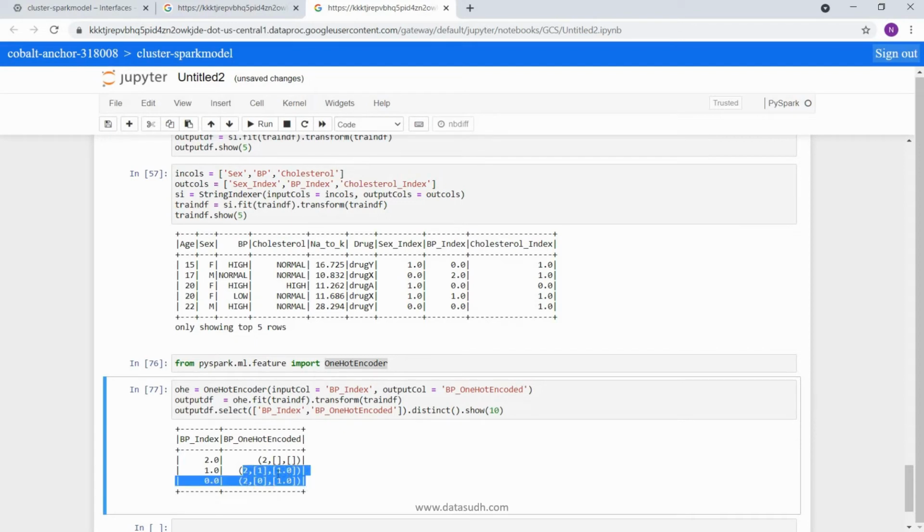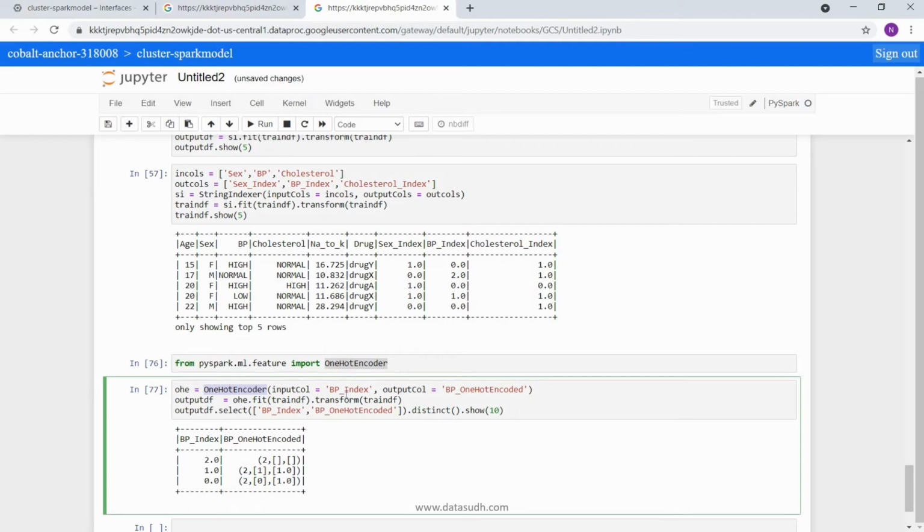vector, you will see that you are not seeing all categories. One category seems to be dropped. Why this is the case is the default nature of one hot encoder in Spark is that it will drop the last category, and this is done to avoid the scenarios in modeling where two or more variables are highly correlated, and that can lead to multicollinearity problems.